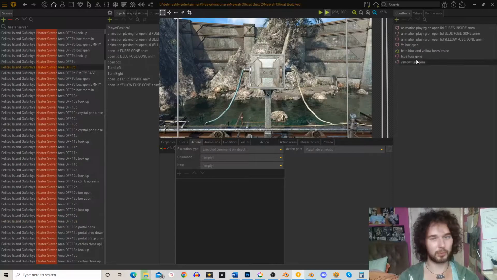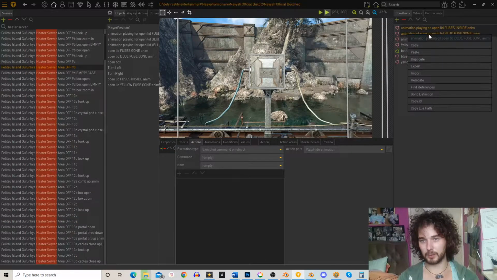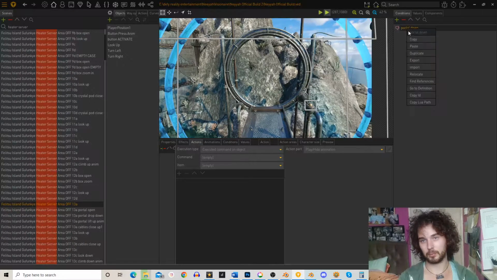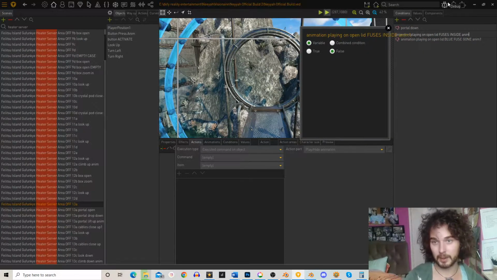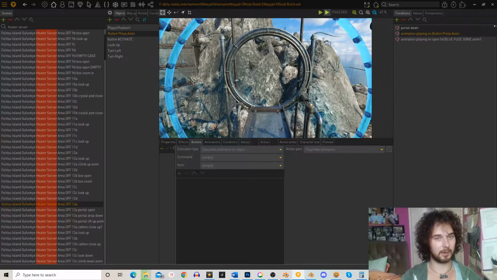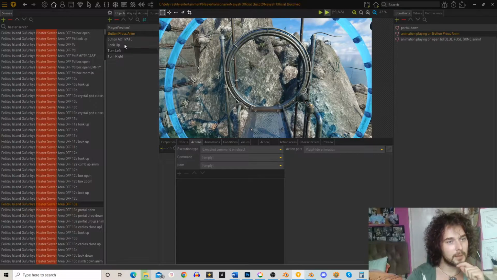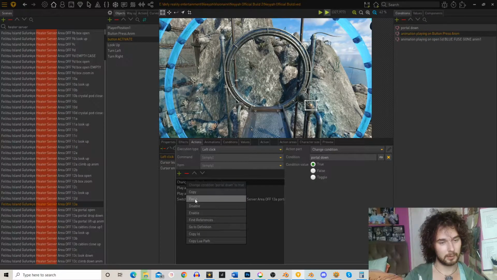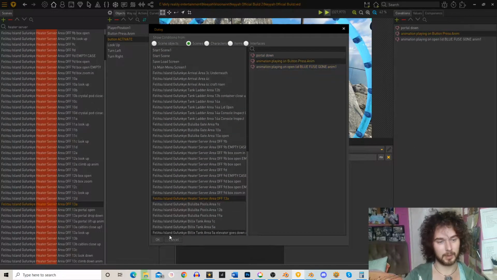So if I go back to an example, I'm just going to pull these two out here and then bring them into portal here, and I'm going to animation on, we can link it to what's actually happening here. So you've got a button press anim, so on button press anim there, so it matches our animation. The animation button press anim plays, it's false at the moment. So on the activate, we are now going to bring in this condition of the button press anim, and I'm going to make it true,